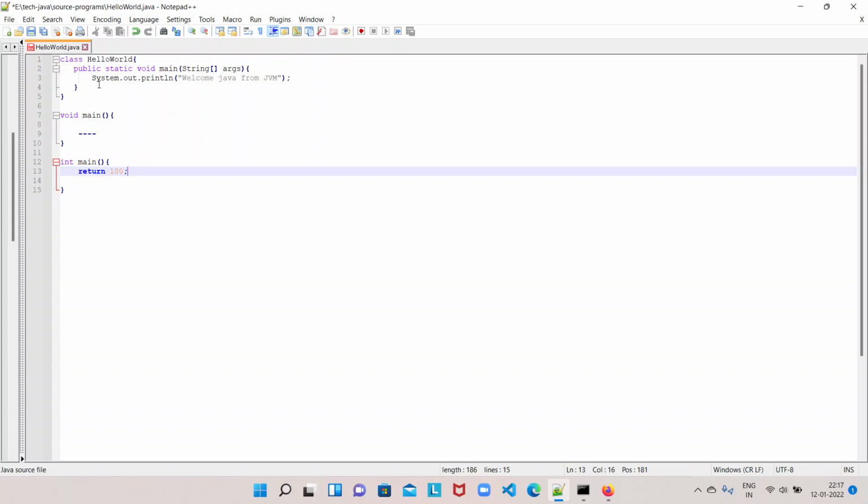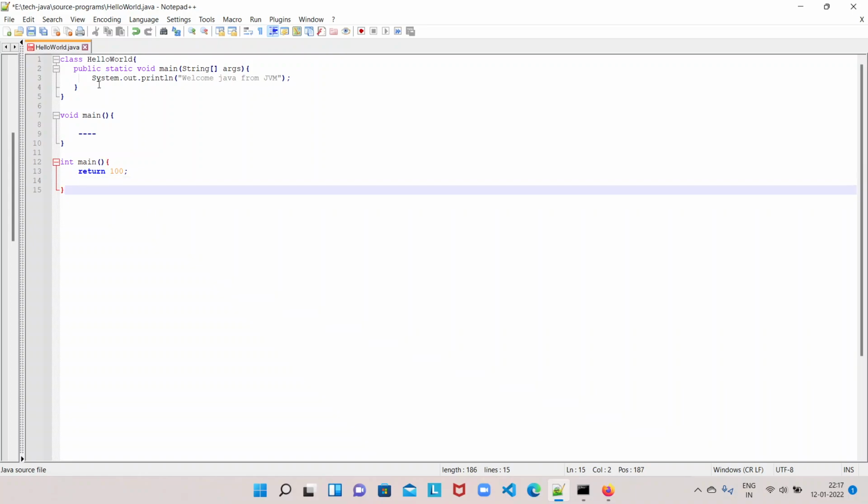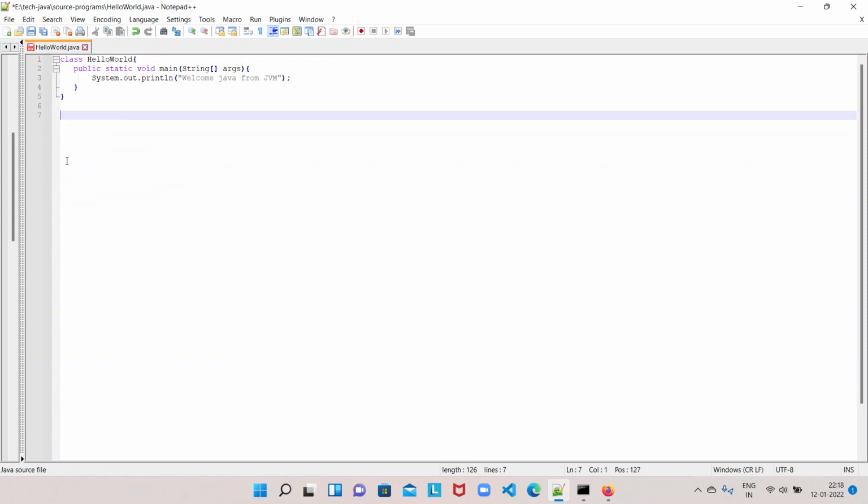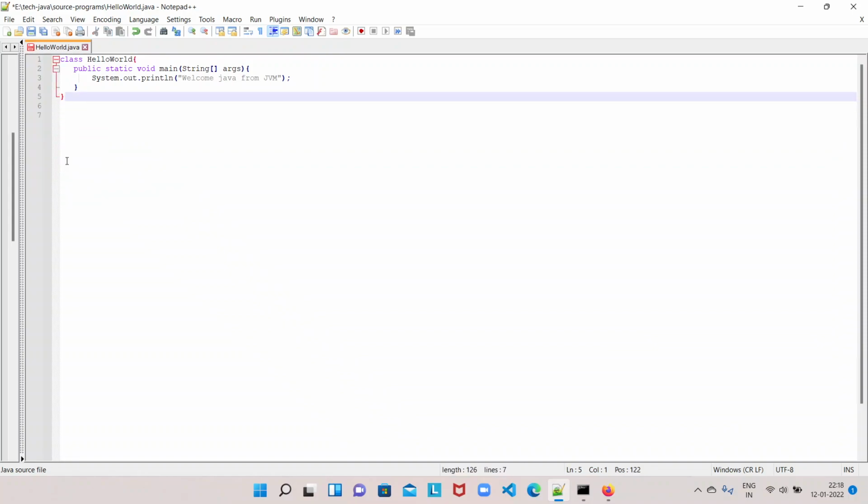So in C or C++, we used to write a simple main method, with void or some return type other than void, like int or string, whatever it is. But it is not the case with Java, because we have to write the main method like this in Java. We will understand why we have to write the main method like this.